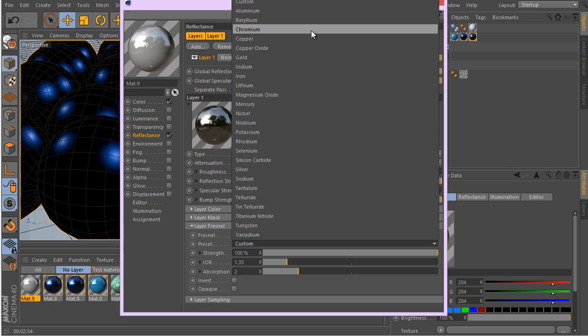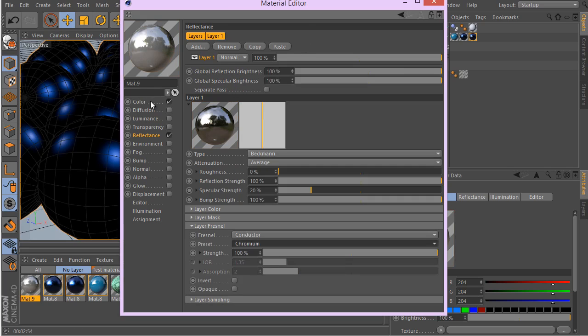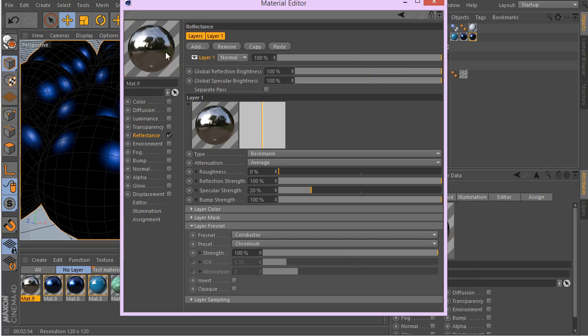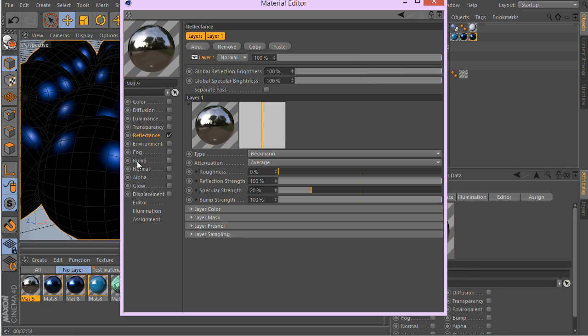select, for example this chromium here, and if you turn off your color here, you can see you have a very nice chrome. But as I said, for more realistic results you can add noise or whatever makes your surface look imperfect, whether adding a noise map in your bump map or adding a noise map in your bump strength here for your layer. For example, this is it. If you want to create something like a more blurry reflection, just add some